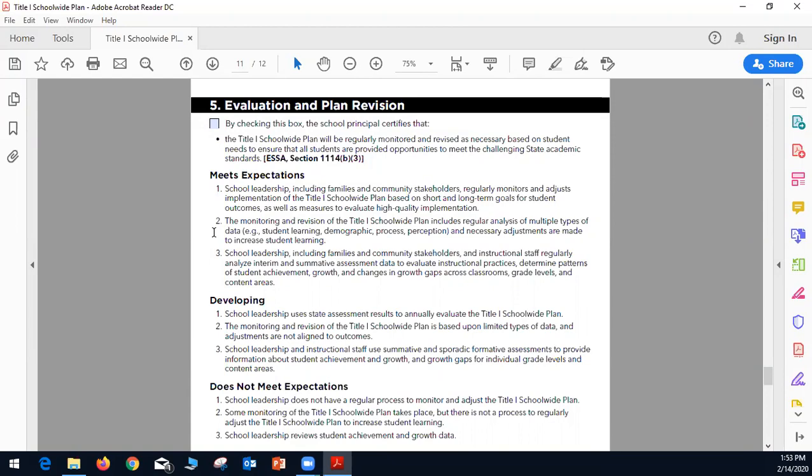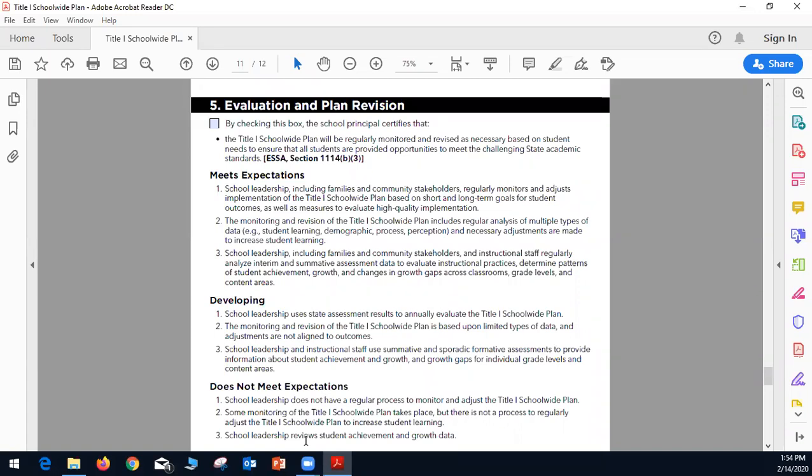A plan under development will indicate that the monitoring and revision of the Title I school-wide plan is based upon limited types of data and adjustments are not aligned to outcomes. A plan that doesn't meet expectations will indicate that some monitoring of the Title I school-wide plan takes place, but there is not a process to regularly adjust the Title I school-wide plan to increase student learning.